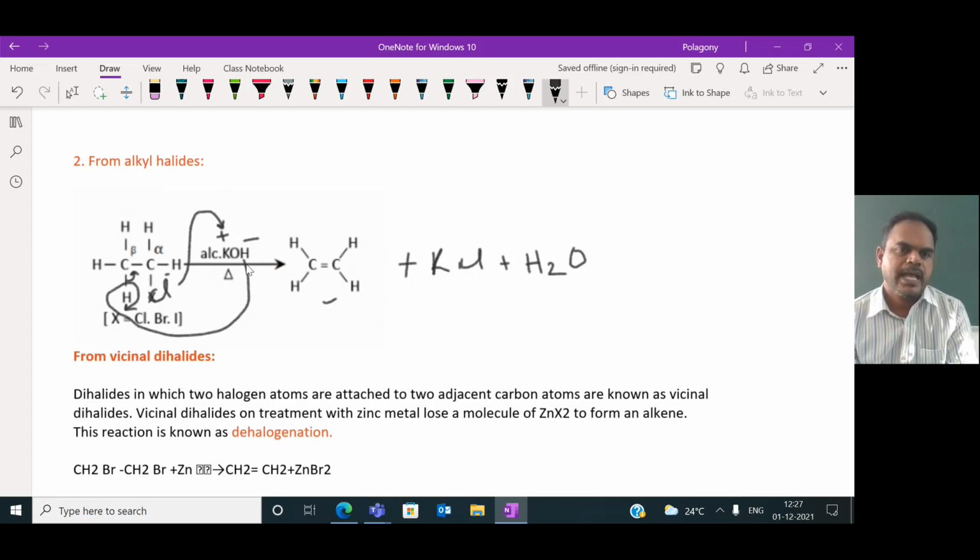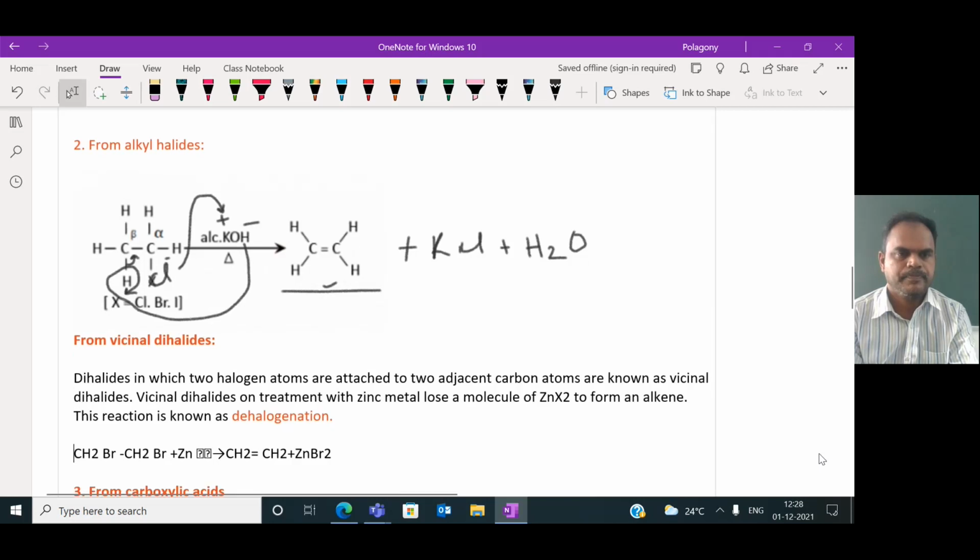And imagine if you take aqueous potassium hydroxide, what happens? Do you get alkene? No, we cannot get alkene if you use aqueous potassium hydroxide, because in aqueous potassium hydroxide the OH minus is strong, it can directly displace that halogen as a nucleophile and form alcohol. Alcohol is the main product. So we use alkyl halides to prepare alkenes.